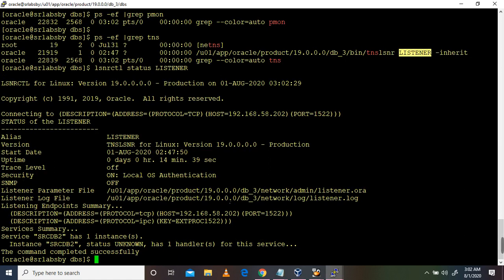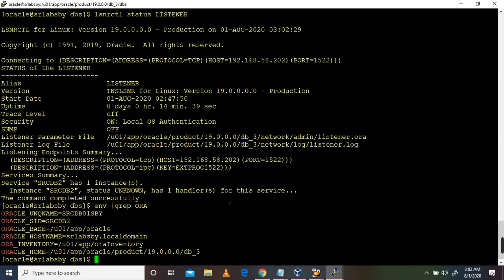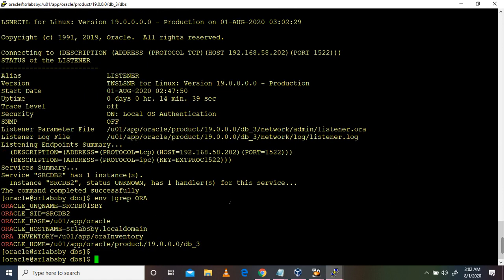Now we are going to start up the database with the pfile. You can see the DB unique name, this one, and CDB is the Oracle SID, this one. Now we will start SQL*Plus as SYSDBA.